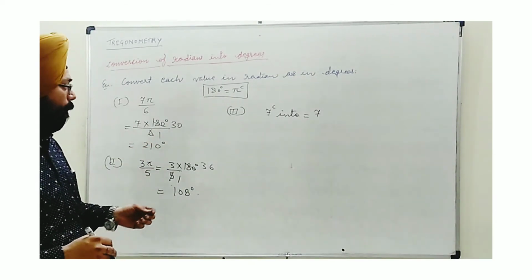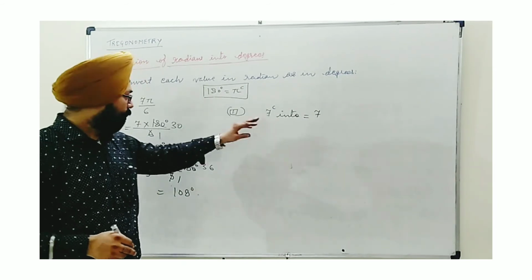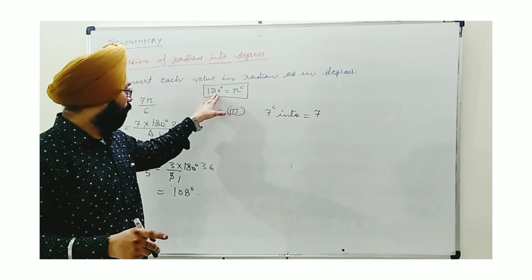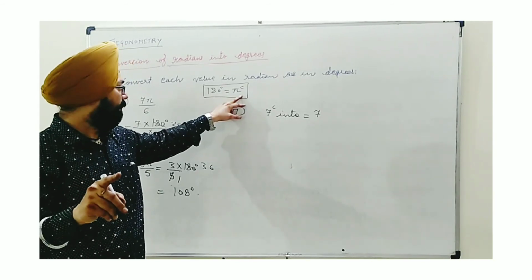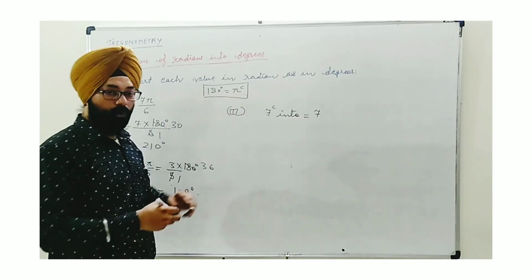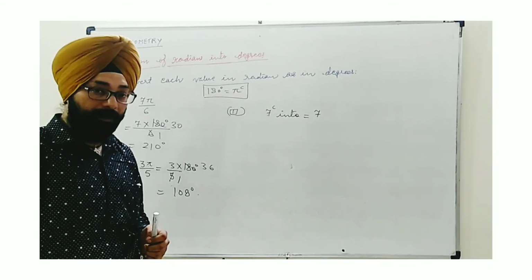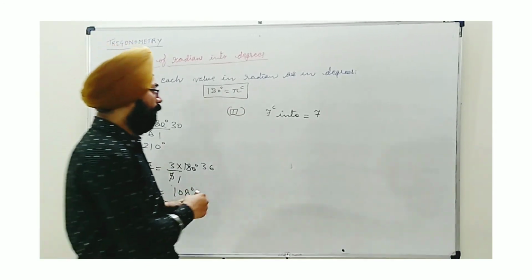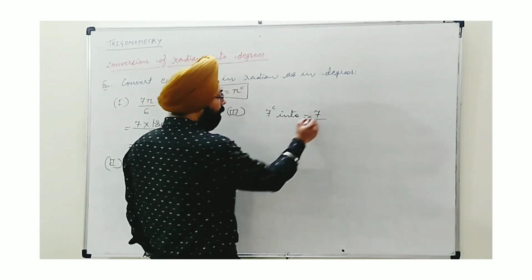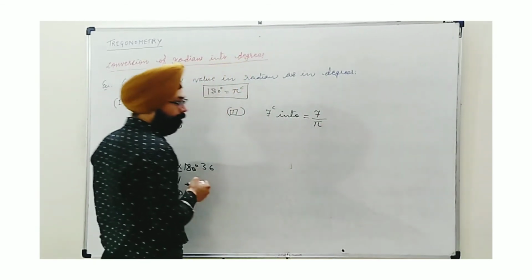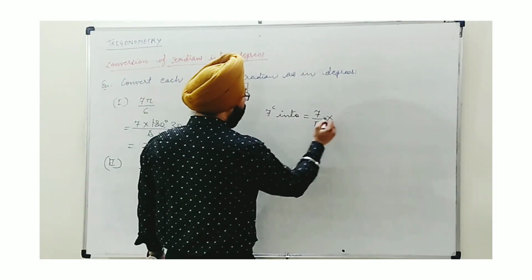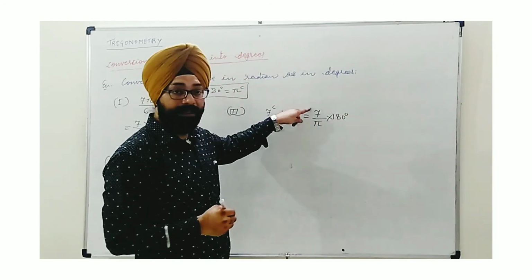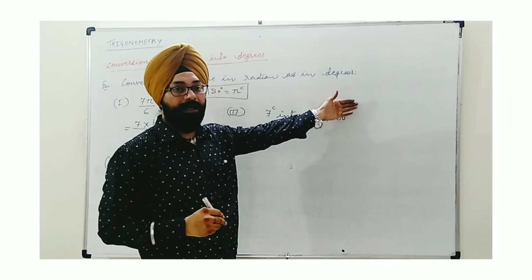Now as pi is not available, we have to go back to this relation. 7 is given in radian. Out of these two values, which one is in radian? It's pi. So just recall the beginning: values of the same unit cannot be at the same power. Means we will divide 7 by pi, multiply by 180 degree. In the case of degree, when the value is given in degree, we divide by 180 and multiply by pi.